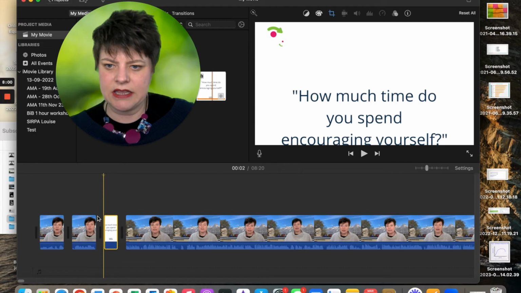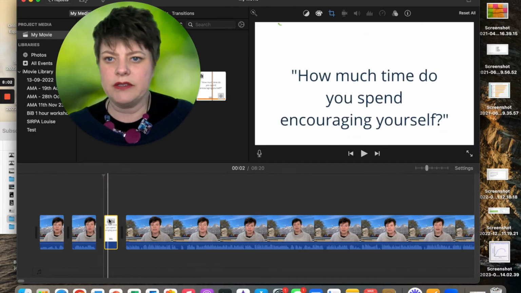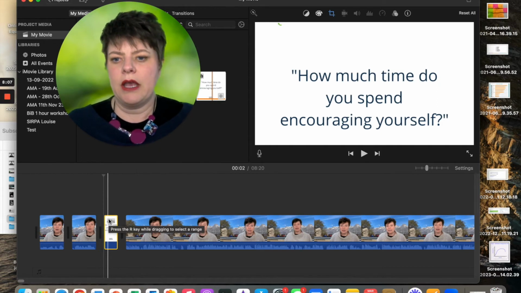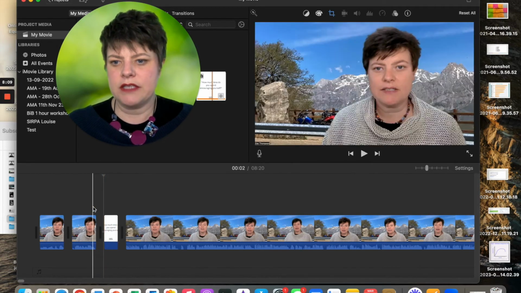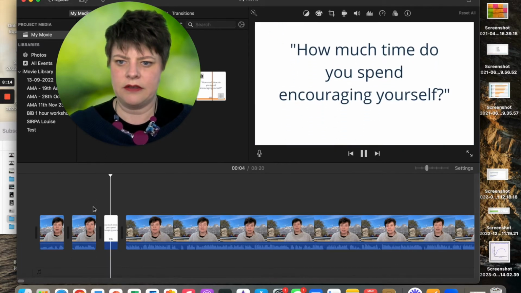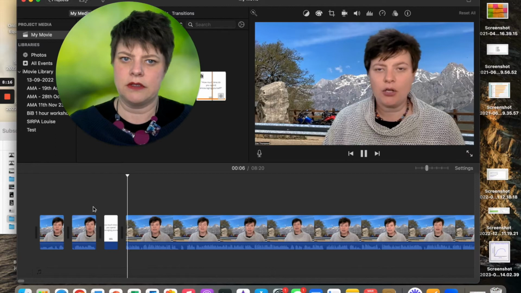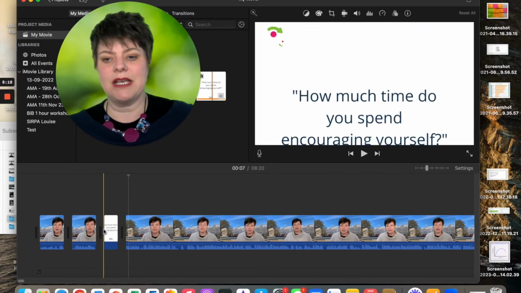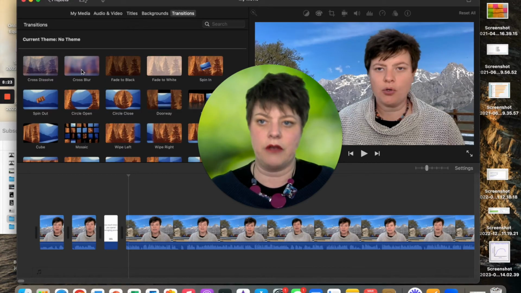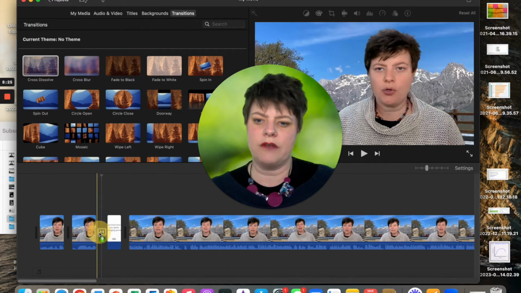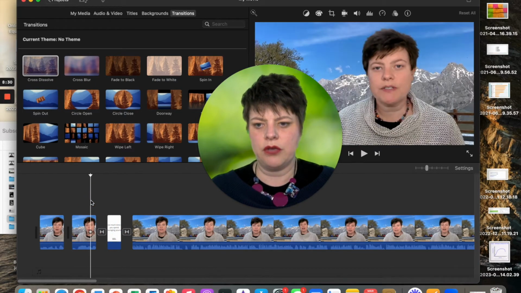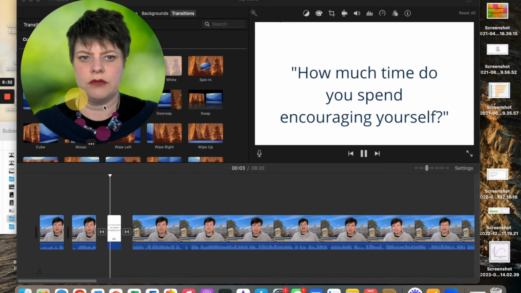You might notice that this moves. This is called Ken Burns, if you've never heard of it before, and I'll show you how to switch it on and switch it off. And you'll also notice that the clip goes literally from this video to there and snaps back. Okay. So sometimes you want to soften these transitions. So that is what transitions are for. So if I cross dissolve, and again it's just click and drag and drop, then now the two are going to cross rather than being so